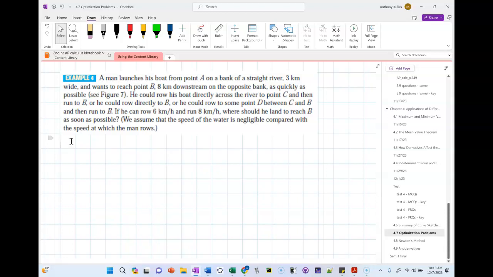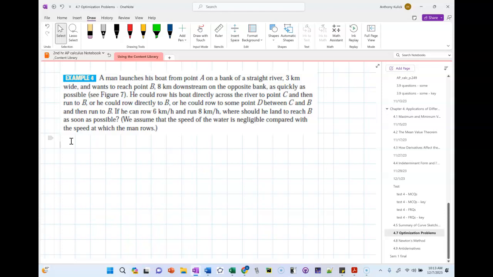So a man launches his boat from point A on a bank of a straight river. It's 3 kilometers wide and he wants to reach point B, which is 8 kilometers downstream on the opposite bank, as quickly as possible. He could row his boat directly across the river to point C and then run to B,